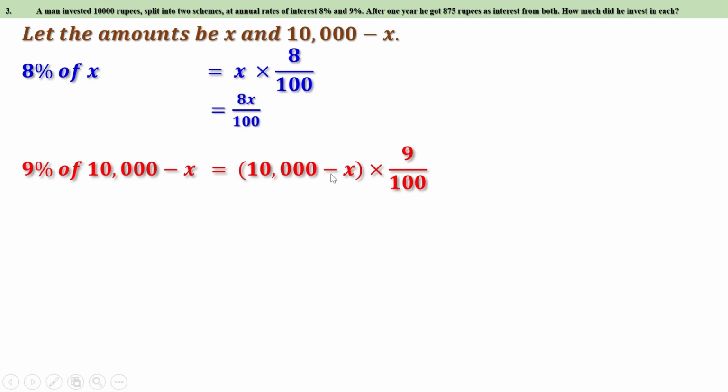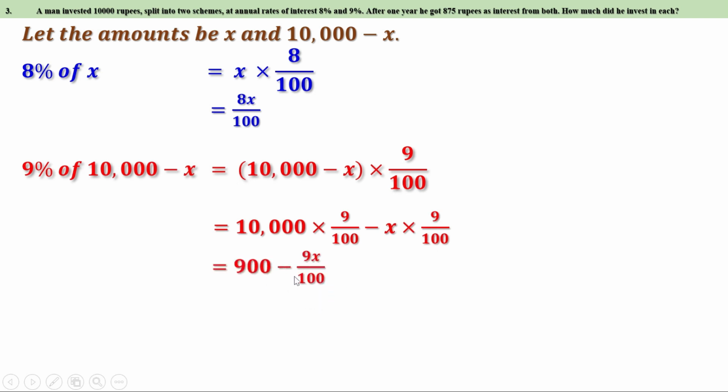We have to multiply both the terms by 9 by 100. That is 10,000 into 9 by 100 minus x into 9 by 100. Two zeros can be cancelled. Then we get 100 into 9. That is the first part is 900 and the second part is minus 9x by 100. That is 900 minus 9x by 100. He got a total of 875 rupees as interest. That is the sum of these two is 875, or 900 minus 9x by 100 plus 8x by 100 equal to